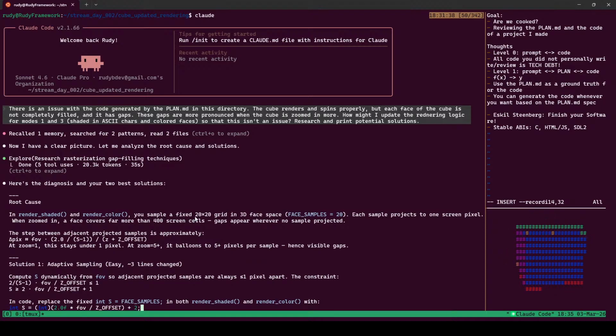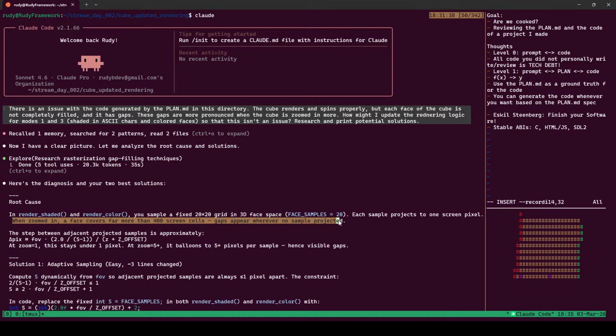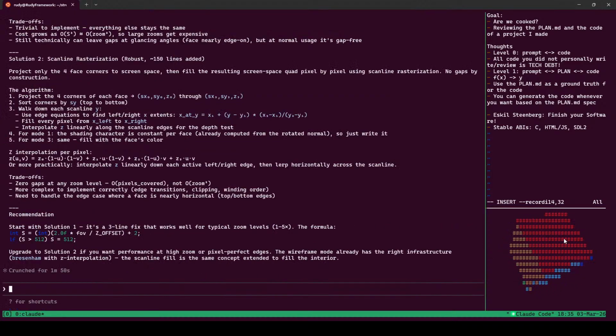You have a fixed 28 by 20 grid in the 3D face space. Face samples is 20. Each sample projects one screen pixel. When zoomed in, a face covers far more than 400 screen cells. Gaps appear there where there is no sample projected. That's exactly what I was mentioning before. These are the gaps, the projections. The patterns they appear in are kind of pretty, but